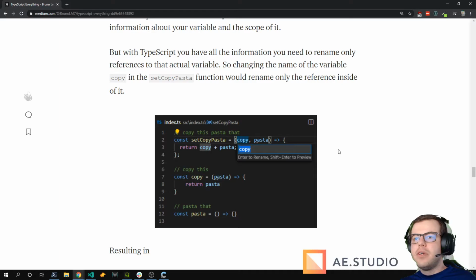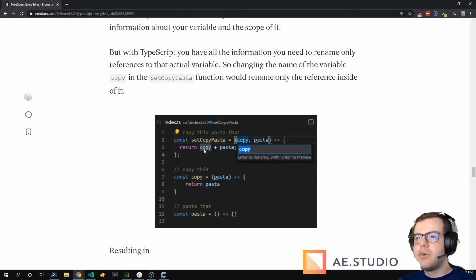Here I have one example of the rename feature that I just showed. I have three different functions, some comments, and the same variable in some of them. In the first function, I have the word copy in the function name, in the parameters, and inside the body of the function.